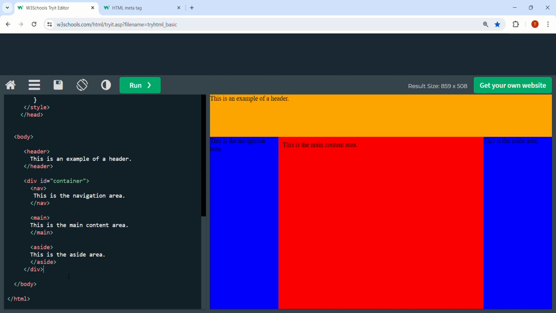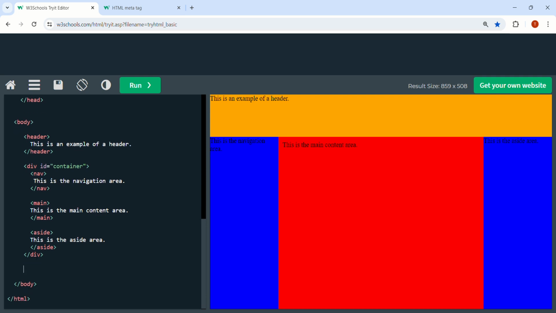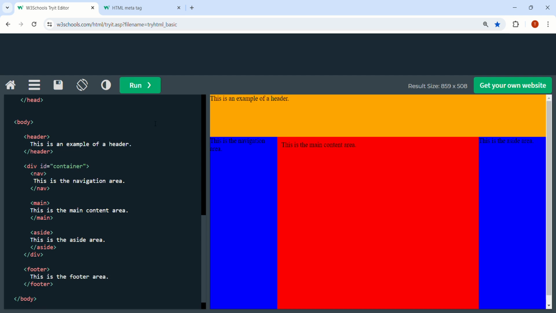going to place that in our markup is just right underneath the closing tag of the container. So right before the body closing tag and right after the closing div tag for the container, we are going to put a footer here, like so. Okay, and all we need to do here, and we can just put in our comment, this is the footer area. And if you run that,